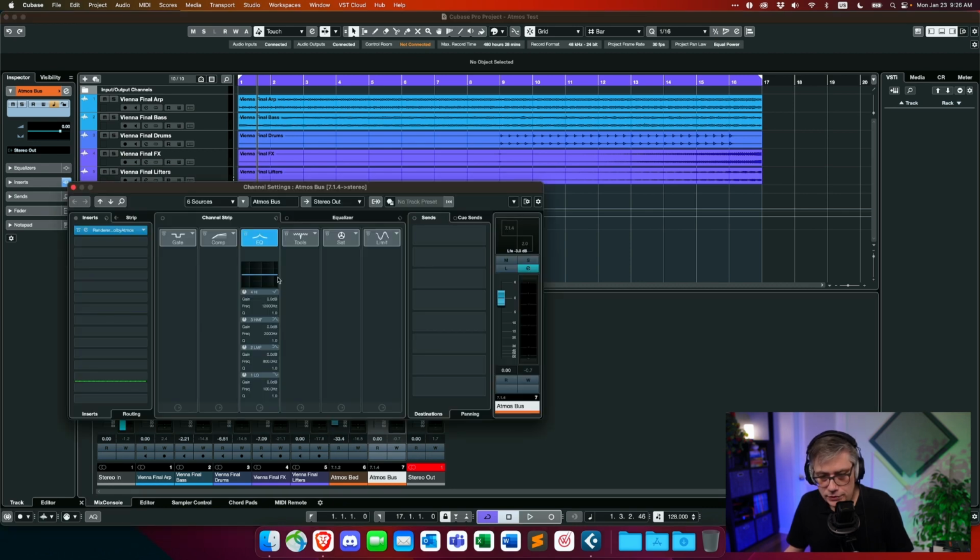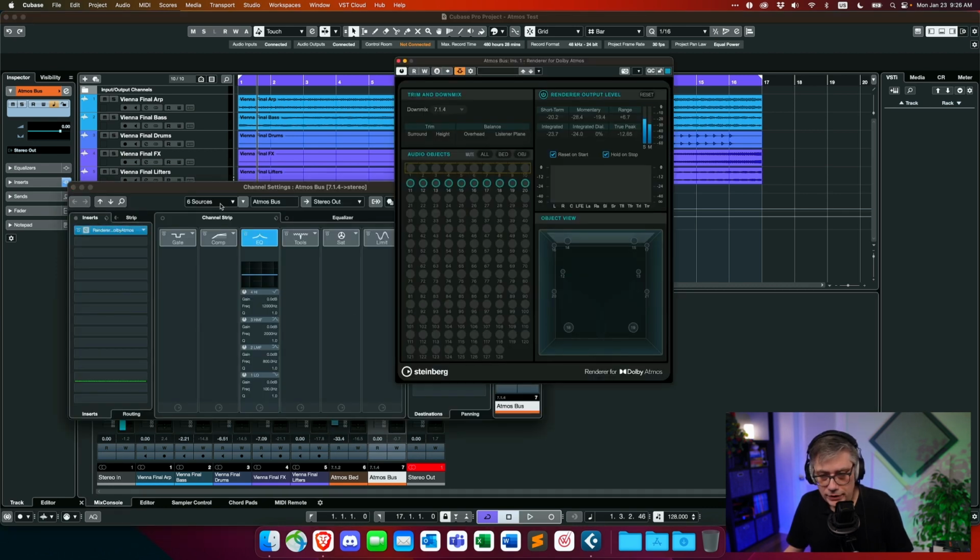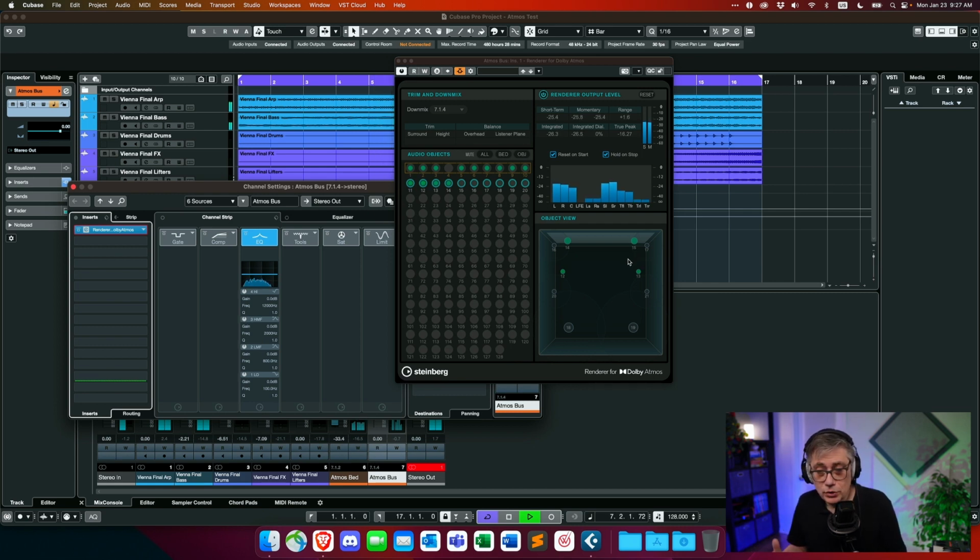I think the easiest way is if we once again open up the renderer and just play that a little, and then we see in the renderer where all these objects are and how they come into play. So there are a couple of objects in the back, a couple of objects in the front, a couple of objects on top, and a couple of objects on the bottom, just to make sure that I have action on all individual object tracks here in the Dolby Atmos